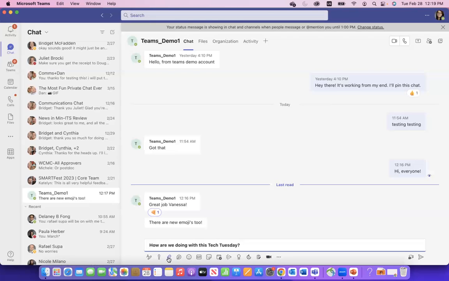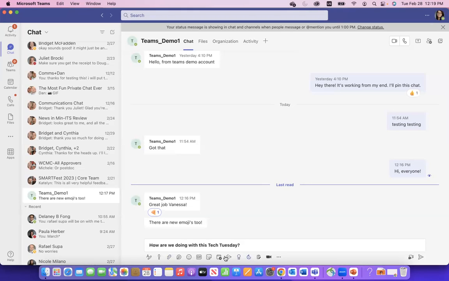For example, you can add an attachment. You can add it from your own OneDrive, for example, or upload it directly from your computer. You can add, I think this is also for emojis. Let me just hover over that. Yep, more emojis. You can add GIFs. Again, we were talking about boosting that kind of group culture. There's stickers as well. You can schedule a meeting with that person directly from your conversation.